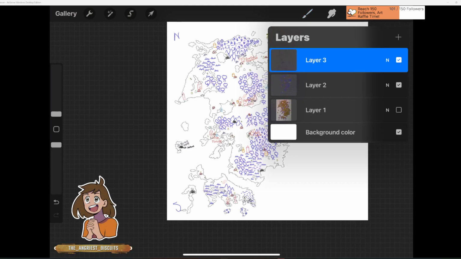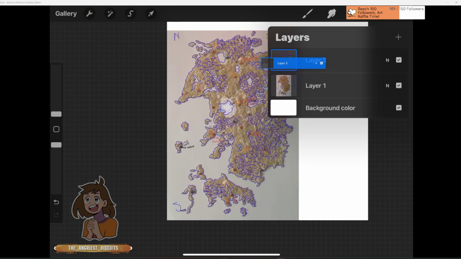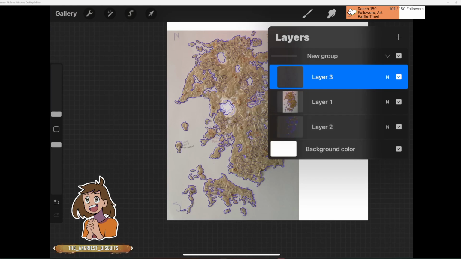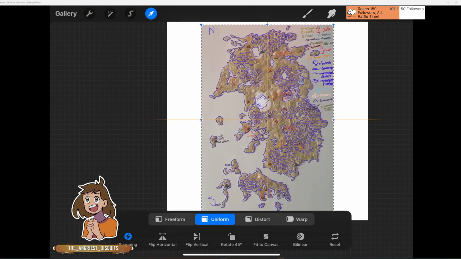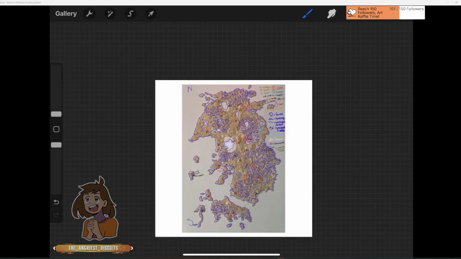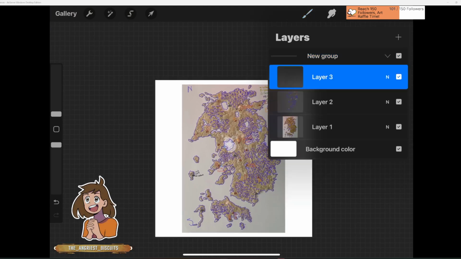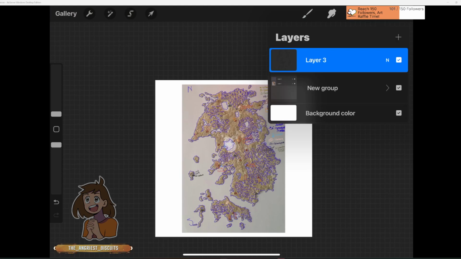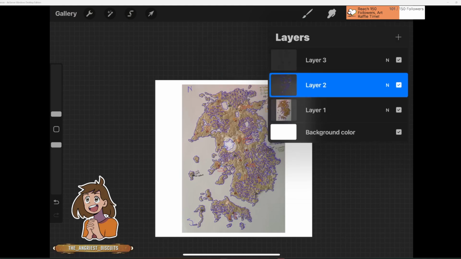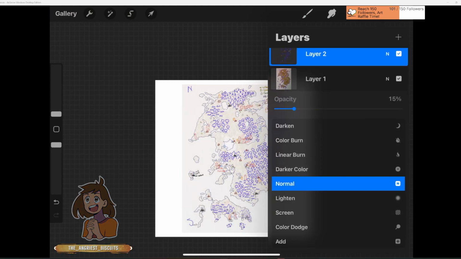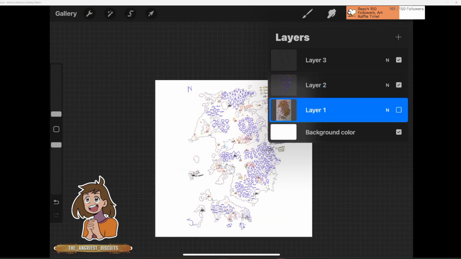So I'm gonna actually kind of put these all together so I can move them more to the center. And then I'm going to take this actually off. I think maybe ungroup these. There we go. So we can turn on low, but I think what I'm going to do,